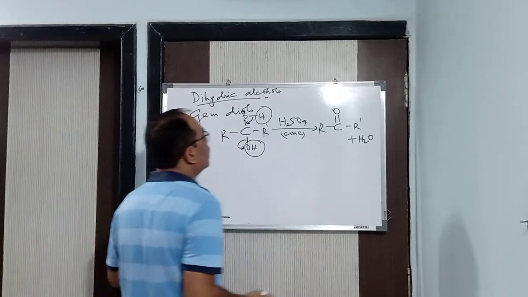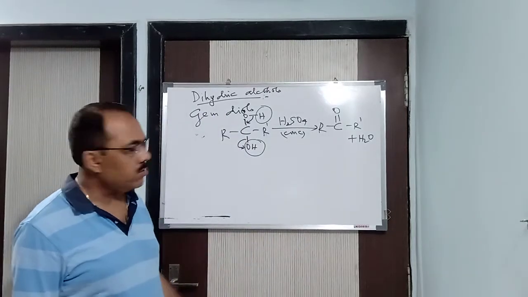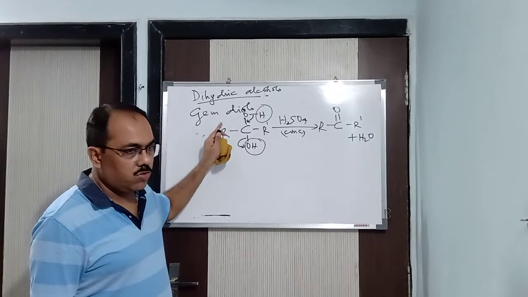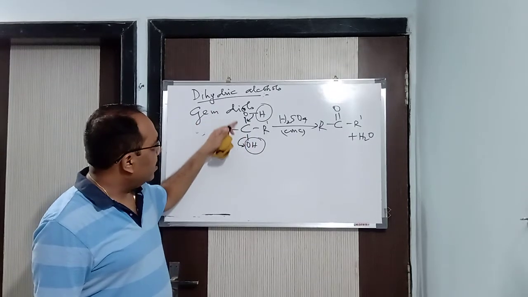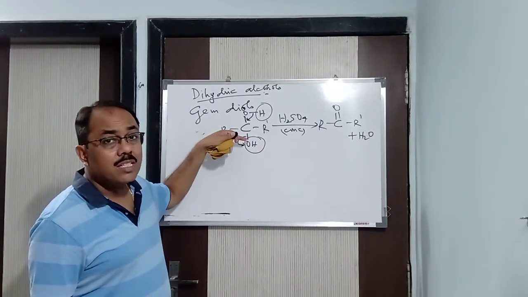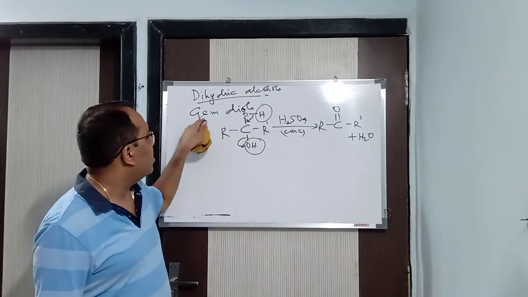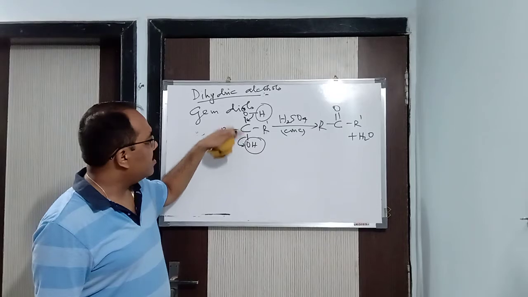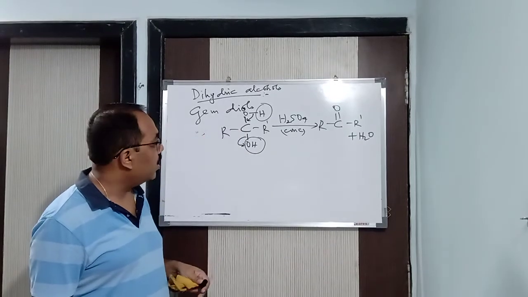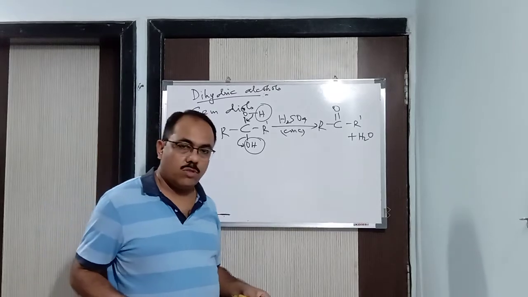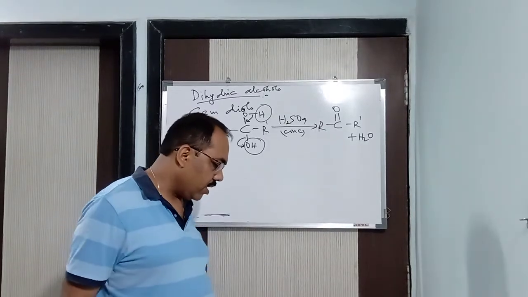So what I tell you, it gets converted into carbonyl compounds. That is, you can see a ketone is formed. Okay, remember it. You know this also, that if a carbon atom contains two OH groups, then it becomes unstable due to steric hindrance or steric repulsion. So hence this is what I have written, gem diol. Gem, you understood? Within the same carbon atom we are having two OH groups. Alright, so what is going to happen then? It is going to get converted into ketones, that is, carbonyl compounds, we can say.